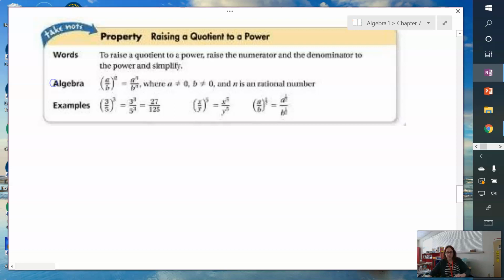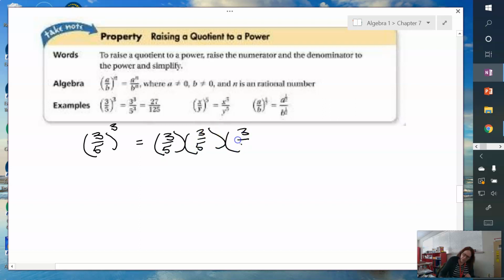So the next thing we're going to do is, instead of going to powers and then dividing, we're going to divide first. We're going to make the quotient first and then raise that to a power. And here is the shortcut for that. Just raise the numerator to that power and then the denominator to the power. So in our example, it gives us 3/5 to the third. Now what I could do is write this out 3/5, and there'll be 3 of them because I'm raising that to the third power, like this,